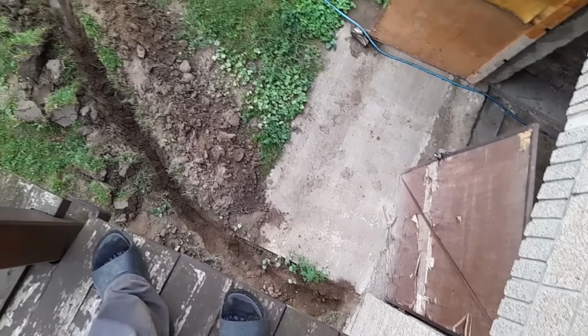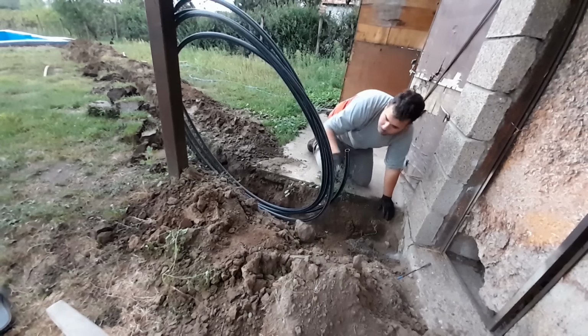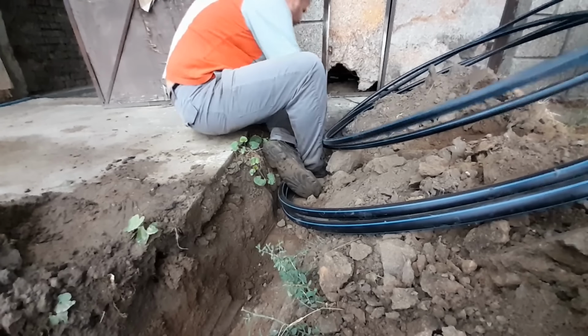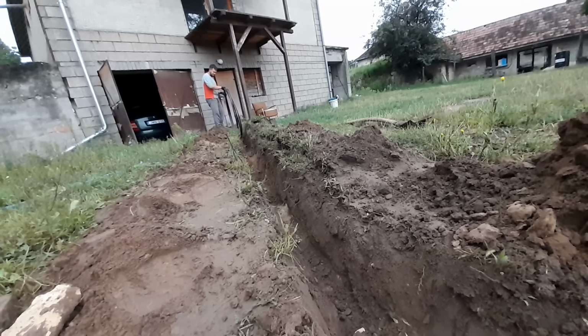I connected this whole part to the house so I can reach it with Wi-Fi. So I can start the pumps and the filters or set timers for them from inside the house as well. I put the cables into some leftover pipes and buried them. I could have got them deeper into the ground, but it